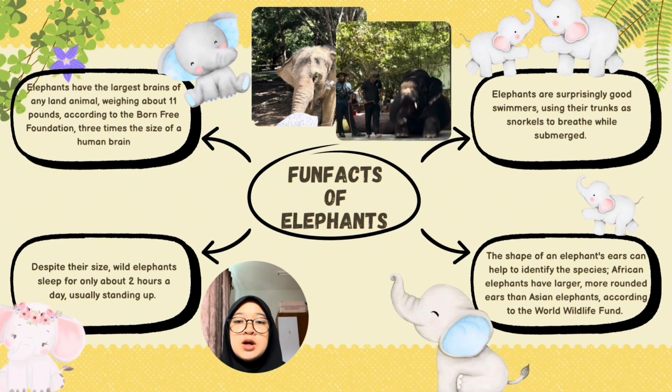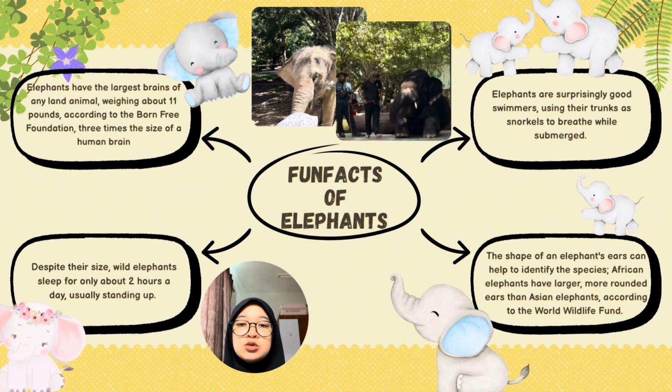Next, elephants are surprisingly strong and skilled swimmers, capable of crossing rivers and even swimming long distances. They move through the water using a combination of leg movement and floating, which helps support their massive body. One of the most unique adaptations is the ability to use their long trunk as a snorkel, allowing them to breathe while most of their body is submerged. This remarkable ability not only showcases their intelligence but also helps them survive in diverse environments, especially during seasonal migration or when searching for food and water.